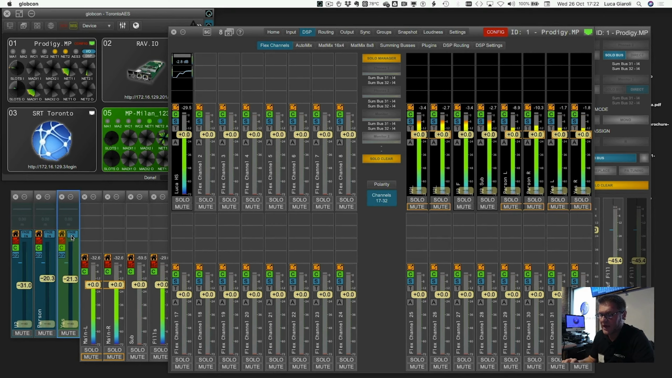Good. So now, what about the subwoofer? Did we connect the subwoofer? What about the front fill? Are we happy with the level of the front fill? Well,